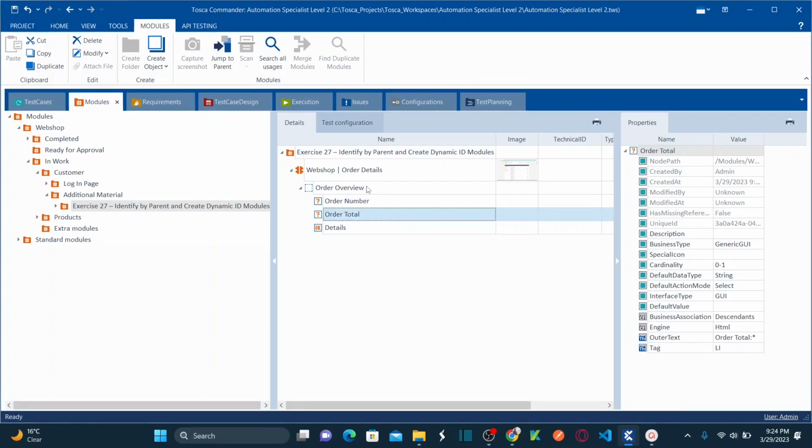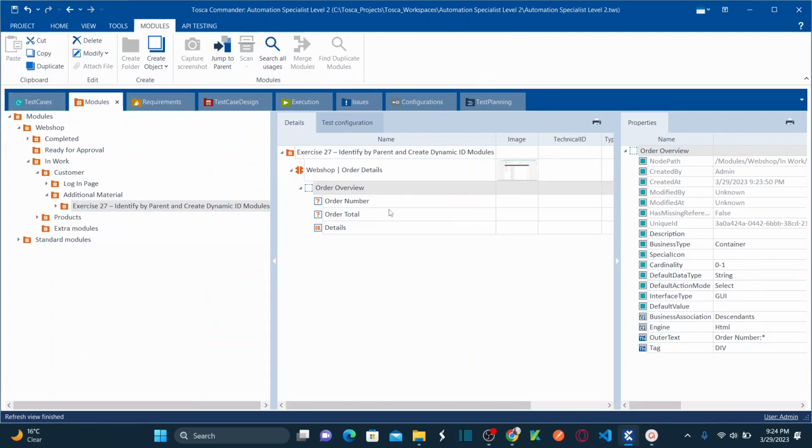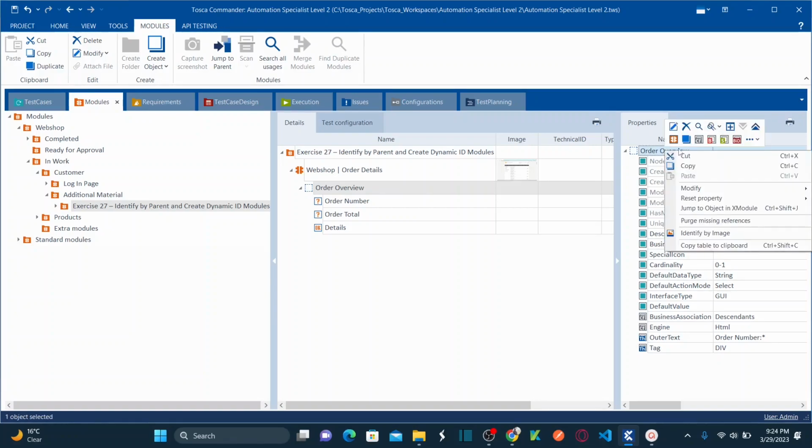Okay, now to automate your test case, we need to introduce a configuration property called explicit name to this div container, because this div container is not uniquely identified now. So what I want to do is select this container, right click and select create configuration